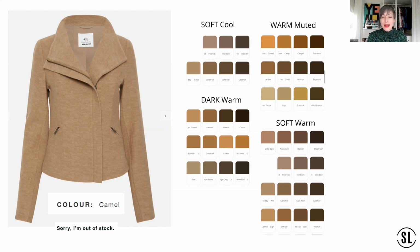The other thing I want to point out here is it actually fits within the soft, cool palette as well. It's probably edging on being a little bit too warm, but a soft, cool palette is quite neutral. So it does have a crossover between some warm and mostly cool, but with some warm in there as well. So this jacket is perfect for your soft cool, warm muted, dark warm, and soft warm, and that is the